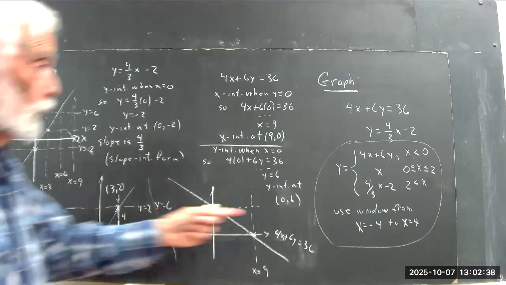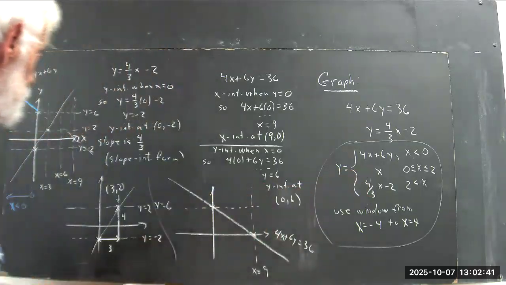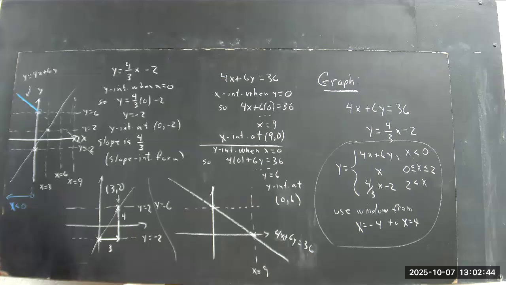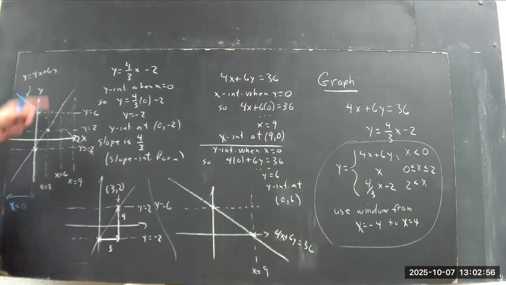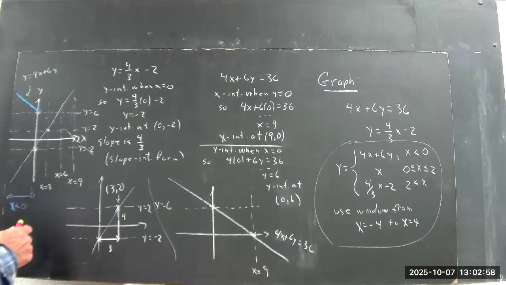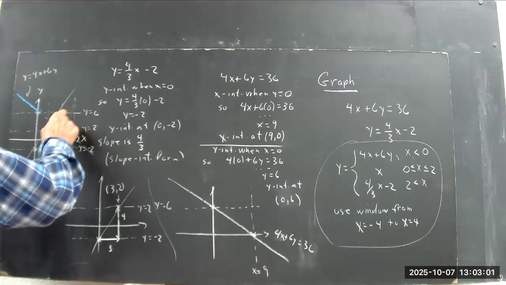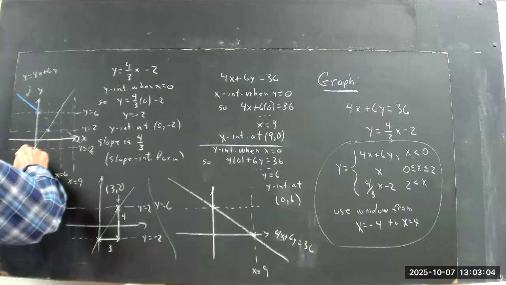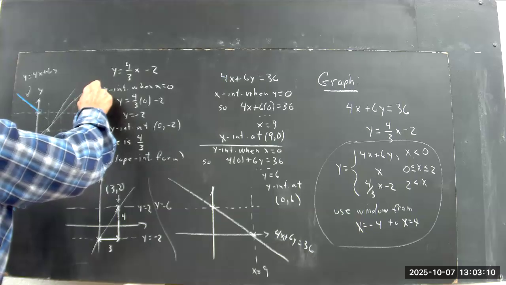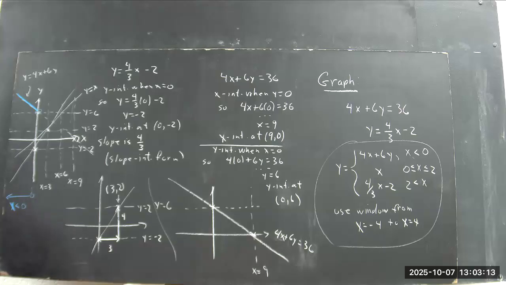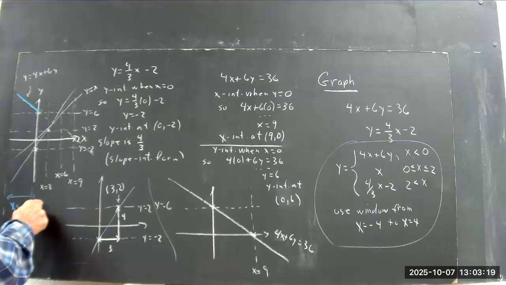And then we switch to the line y equals x. Well, the line y equals x, I haven't drawn it because there are enough lines drawn on here, but it's a straight line through the origin. It would go through the point 6, 6. So if this is the point 6, 6, and it goes through the origin, here's the line y equals x. Okay, between x equals 0 and x equals 2,